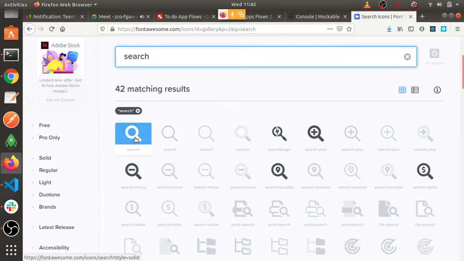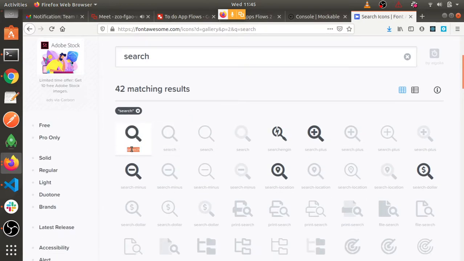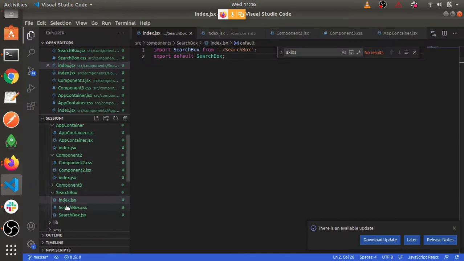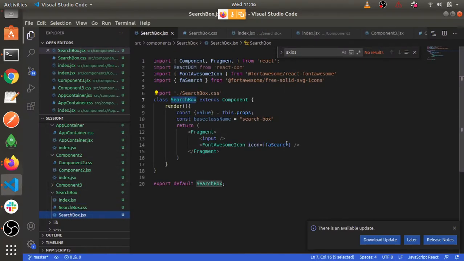Go here. Suppose you want to use this. You can see it is written search, right? So make it camel case, FA and then camel case. You can see this is search minus. If I have to use search minus, what will I do? I'll make it camel case, search minus.